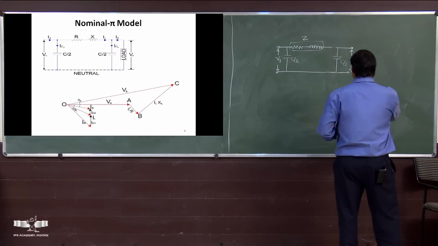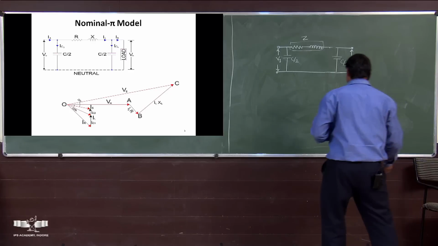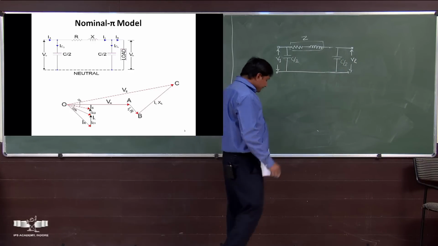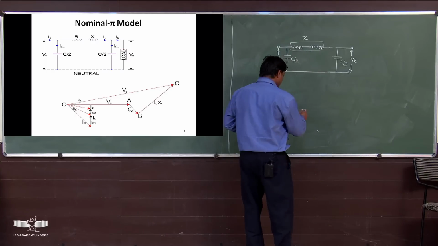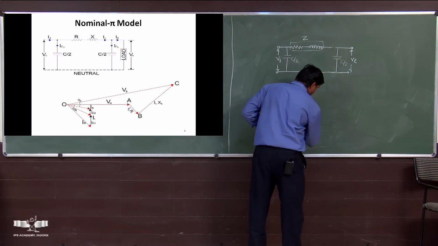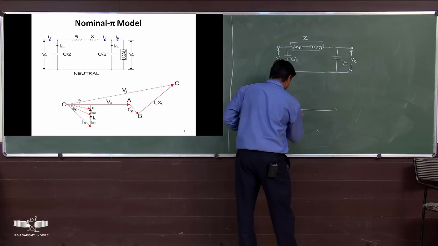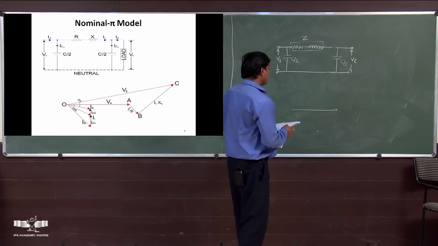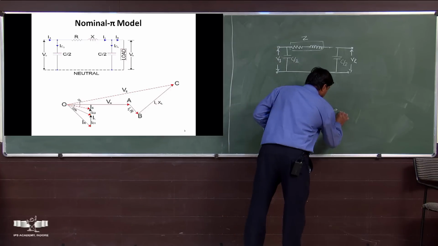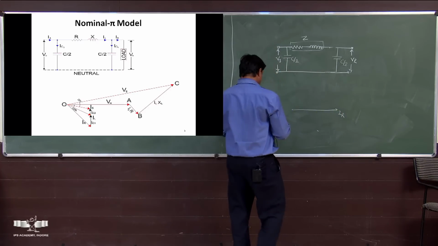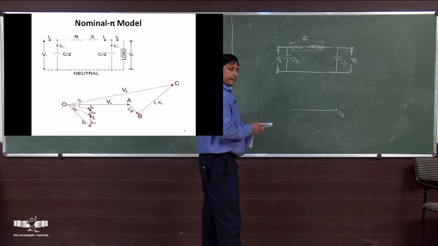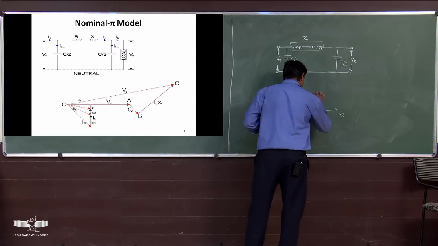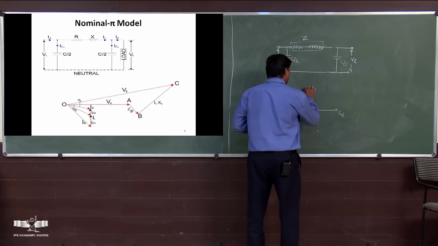Now, in this model we draw the phasor diagram. The phasor diagram looks like this. First we draw the reference phasor. Here is our reference phasor, the receiving end current IR. And VR is